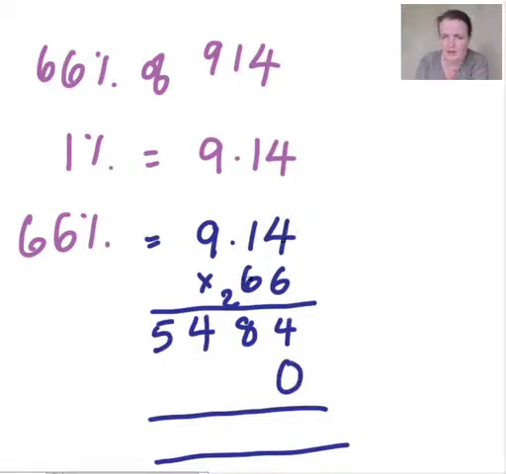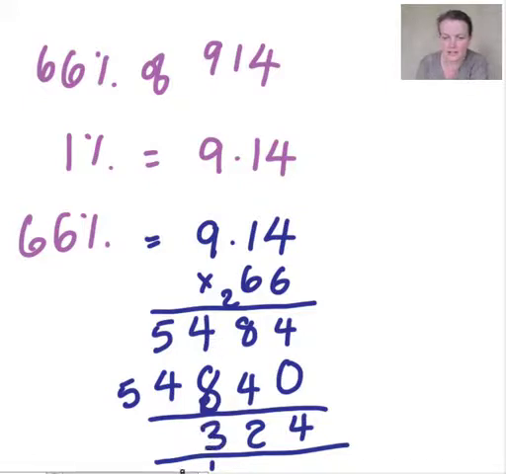0 down. 6 times 4 again is 24. 1 times 6 is 6 and 2 is 8. 9 times 6 is 54. So there's our 54. Add it up. 4, 12, carry 1. 12, 13, carry 1. 10, carry 1. 6. How many numbers after the decimal point? 1, 2. So bounce it in. 1, 2. So the answer is